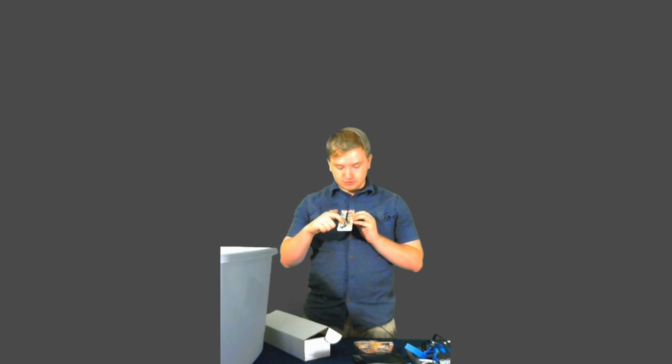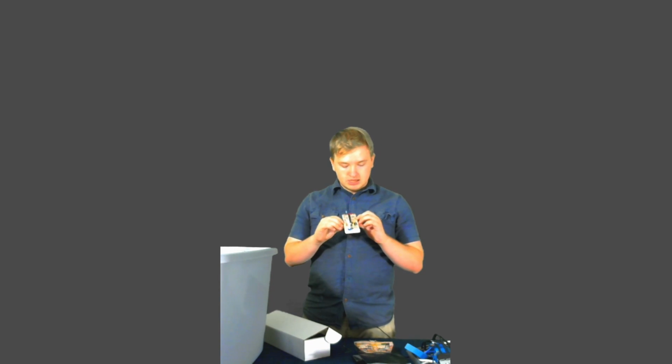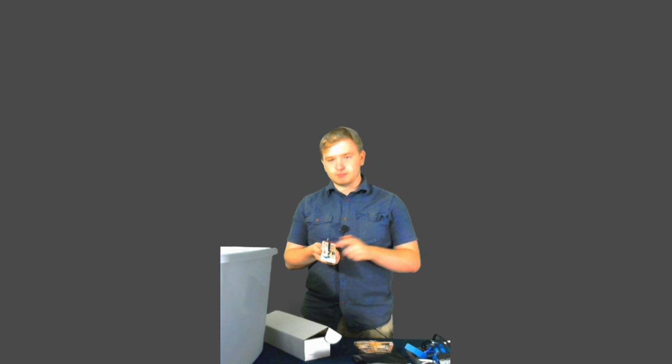But it's basically just 555 timers. Super simple to use. Couple of logic gates, well, it's mostly for debouncing, but with this potentiometer you can change the speed of the flash. With the button you can cause it to just boop, boop, boop anytime you push the button, and the way to switch between that is this little switch here. The first 555 timer controls the potentiometer, controlling the clock, so to say. The second 555 timer is actually a debouncer for the button, because when you push a button,